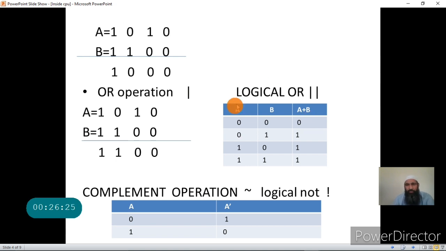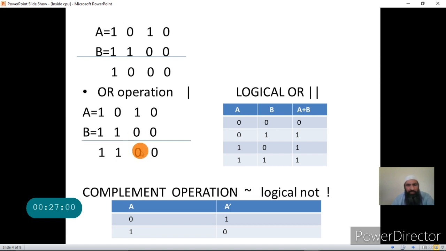So this is the truth table of the OR operation. For logical OR, we'll be using truth values. Instead of 0 and 1, you have to use true and false. Now let us see how we perform the OR operation between two numbers, A and B, on the corresponding bits. We perform the operation of A0 with B0. Since both are 0, we get a result of 0. And when we perform the OR operation between A1 and B1, we get a result of,